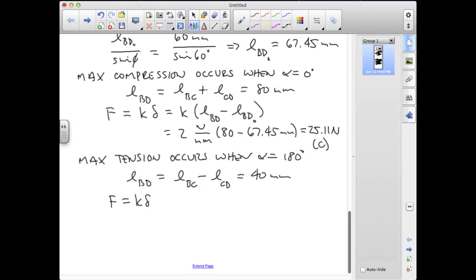Again, F is equal to K delta. This time we're in tension, and that delta is the difference between the reference length and my length of BD,